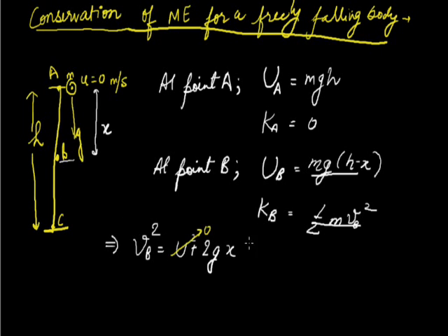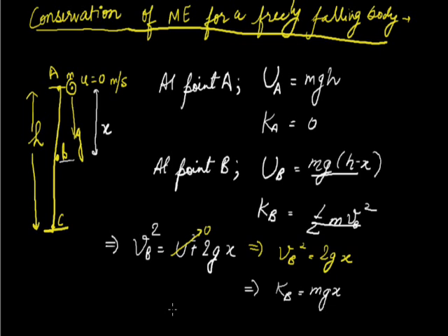So v_B squared comes equal to 2gx. By replacing the value of v_B squared in the expression of kinetic energy at point B, we can find